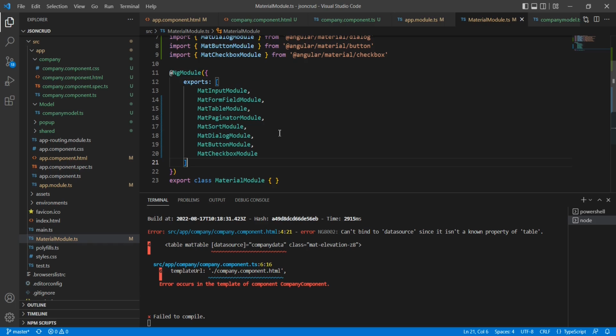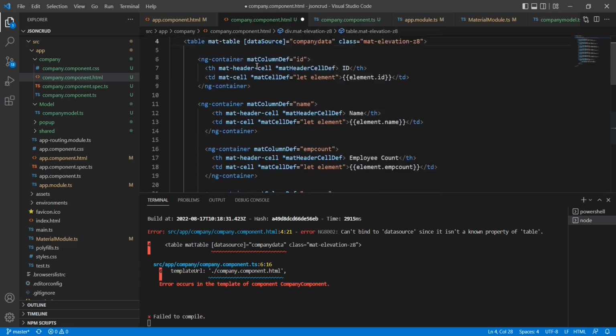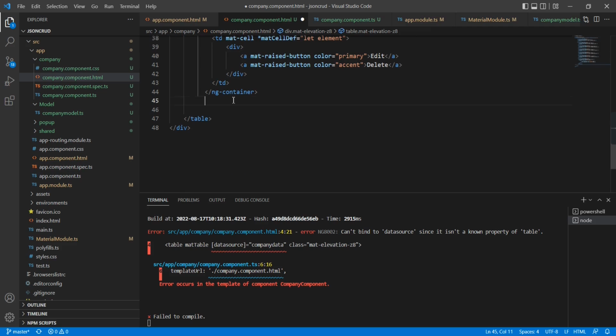Okay, great. We have included most of the components. If you missed something, we can include it a little later. Now let me go to the HTML side. Here actually the mat table should be like this, and also this dataSource should have the S in caps, and also I missed one more thing, the footer section,